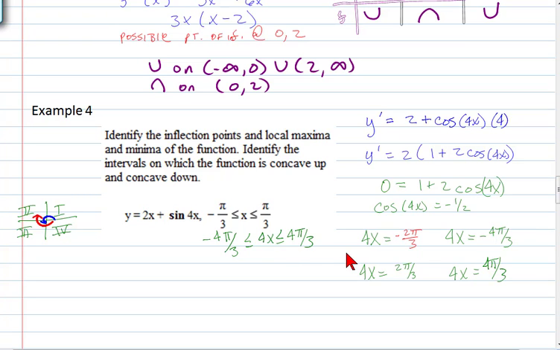When I divide by 4, I end up getting my critical values at x equals negative pi over 6, negative pi over 3, positive pi over 6, and positive pi over 3. So my derivative is equal to 0